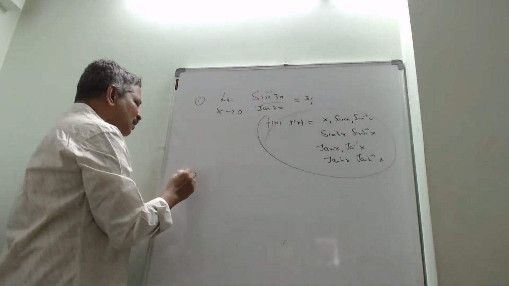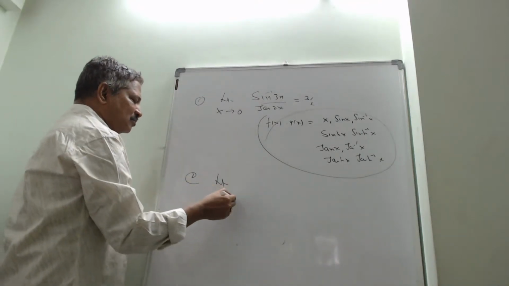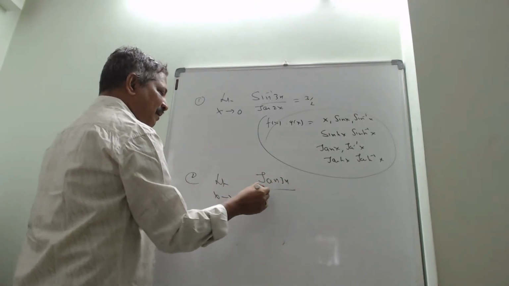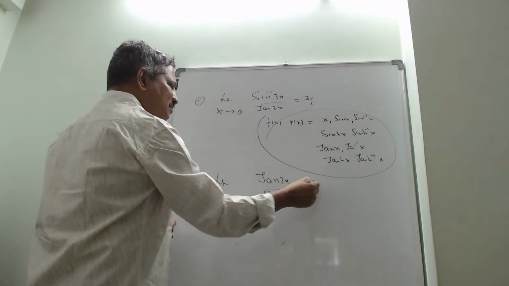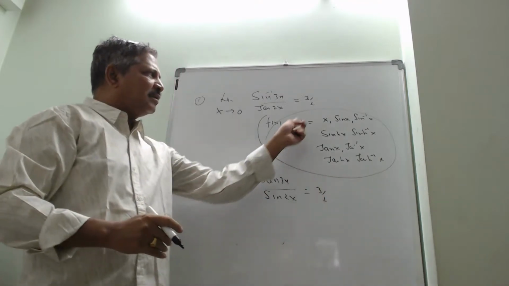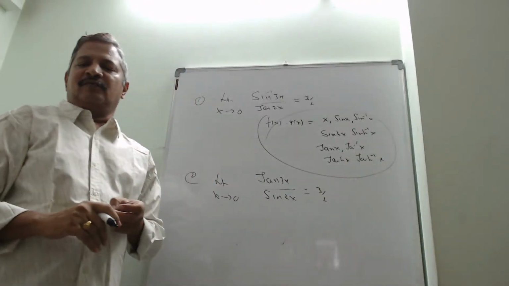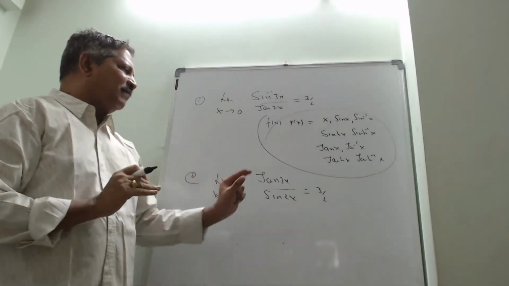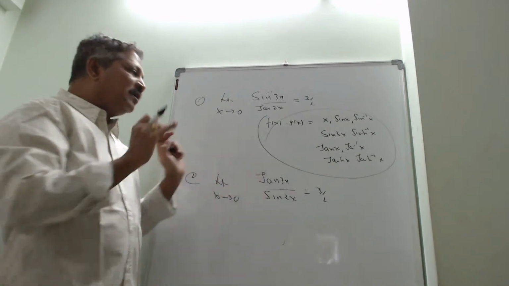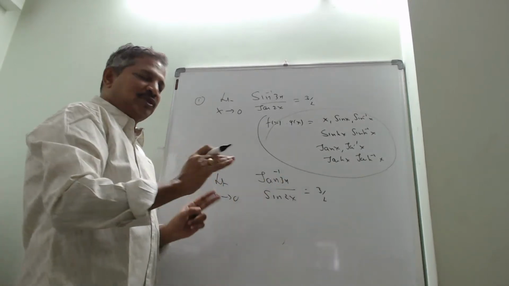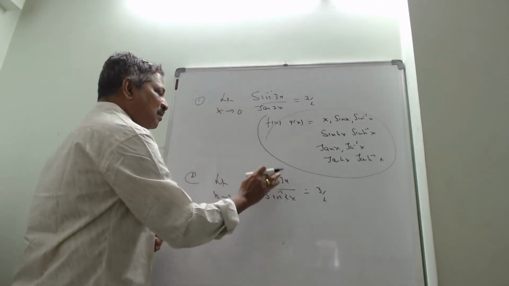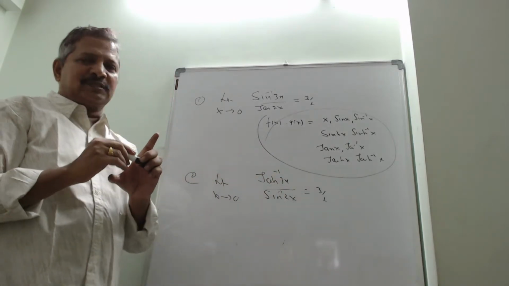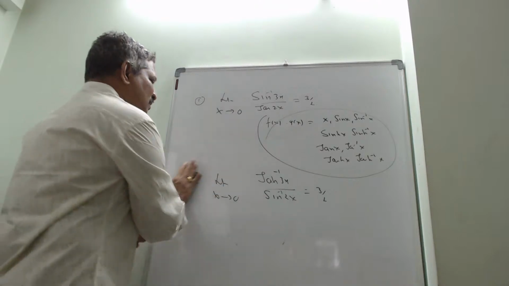So that means if I write limit x tends to 0, say, tan 3x by sin 2x, it is 3 by 2. Only here the cos term is not involved. With sin, tan, sin h inverse, tan h inverse, tan x, every problem's answer is 3 by 2. If it is inverse, no change. If it is h inverse, no change. That is what I'm telling. This is the first fundamental thing you have to remember. Next,